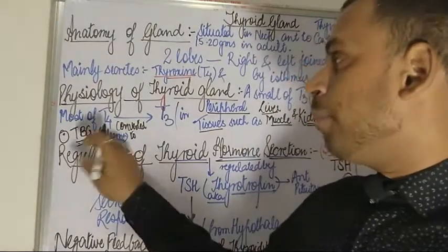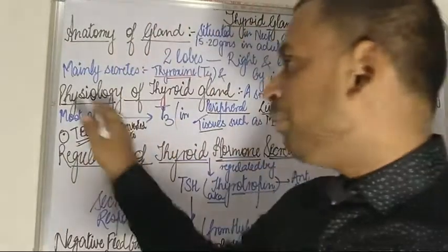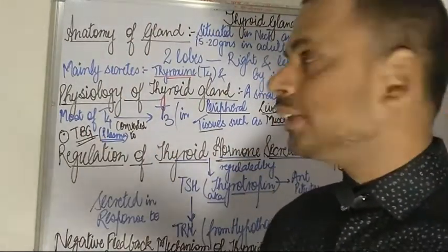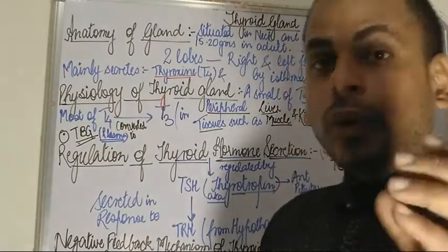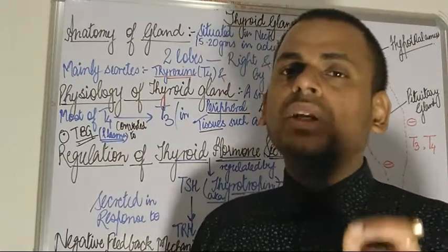So most of the hormone is carried by the thyroid binding globulin and transported into the entire circulation,